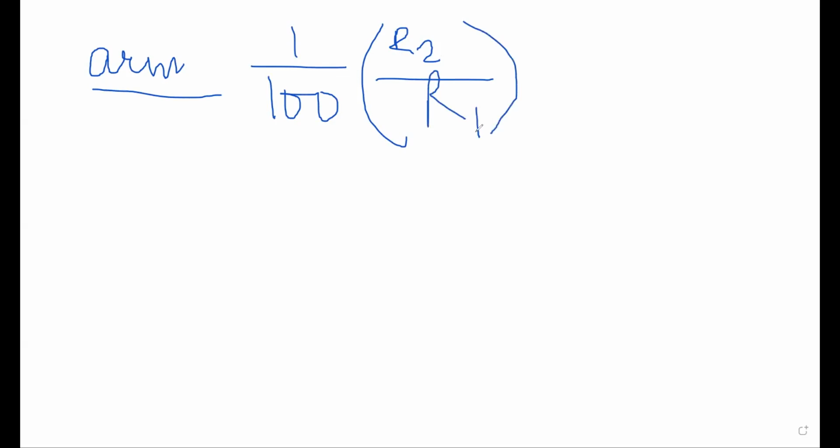So a Wheatstone Bridge has a ratio arm of 1 by 100, R2 by R1, full stop. At first balance, meaning first we are balancing R3, R3 is adjusted to